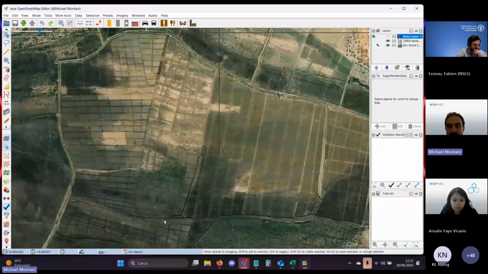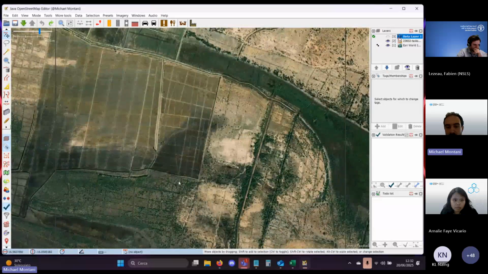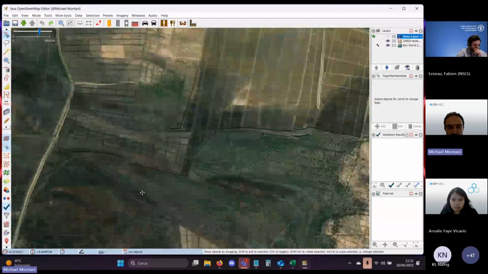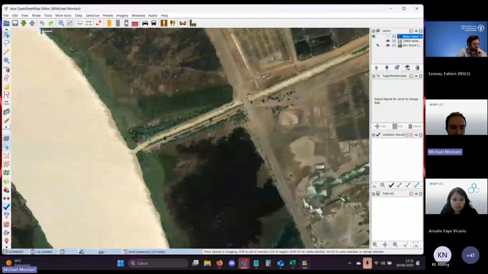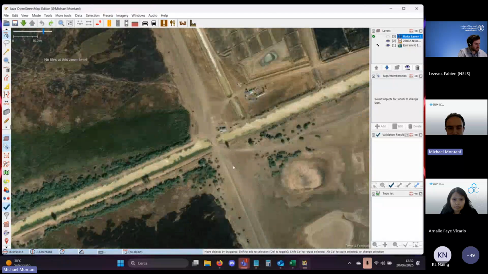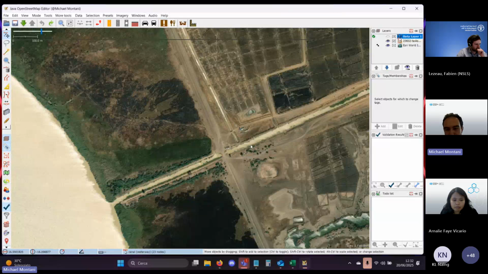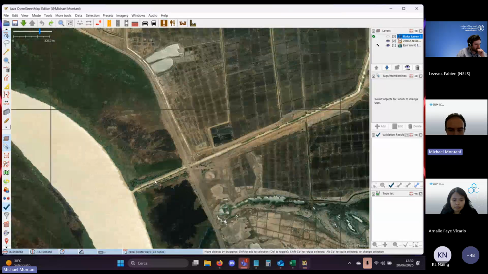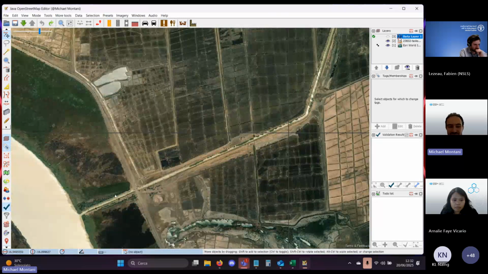So the main definition is an agricultural waterway built by humans, and it's also a big one. You can clearly see the water passing through, it has a big width. And the other important thing is that it is clearly passing through farmlands.